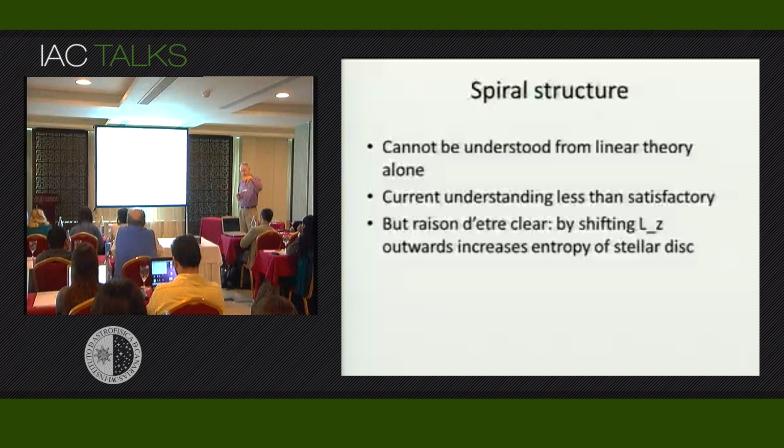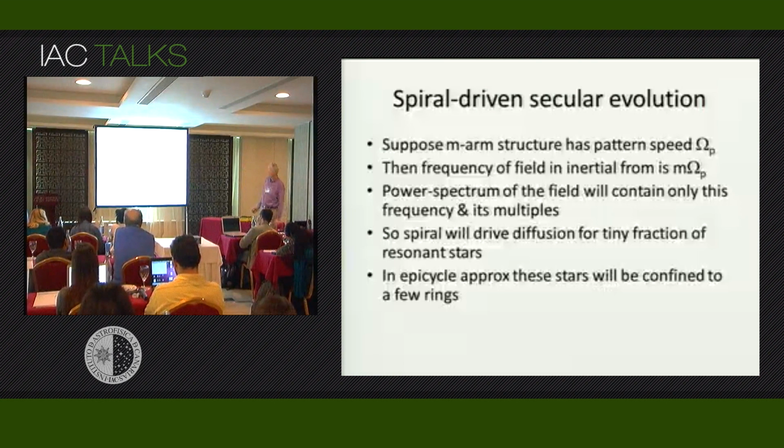But what's absolutely very clear to me is why galaxies have spiral structure. They have spiral structure because it is the means, or a principal means, by which galaxies carry angular momentum from the inside outwards. And as we'll see in a minute, it's precisely through carrying angular momentum from the inside to the outside that galaxies can increase their entropy, and everything in the universe is trying to increase its entropy. That's sort of what it's all about when it comes down to it: increase its disorder. So that's the role of spiral structure, to carry angular momentum outward.